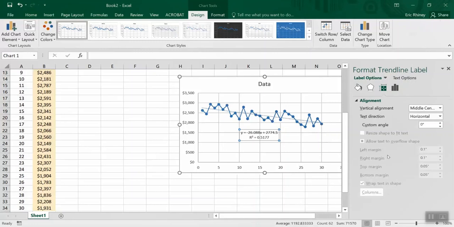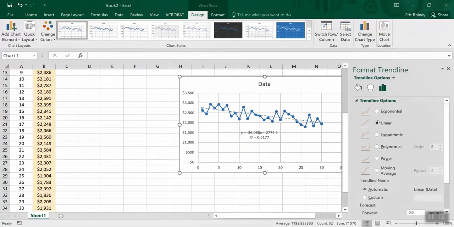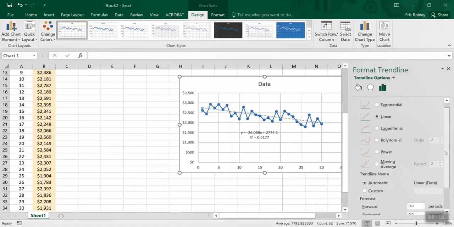So one of the other things we might try, instead of a simple linear trend line, maybe we could try something like a polynomial. So what a polynomial does is it allows for us to add some curvatures, multiple curvatures in our data, and perhaps that would give us some type of better results. So an order of 2 means we're going to curve down and curve up, order of 3, order of 4,